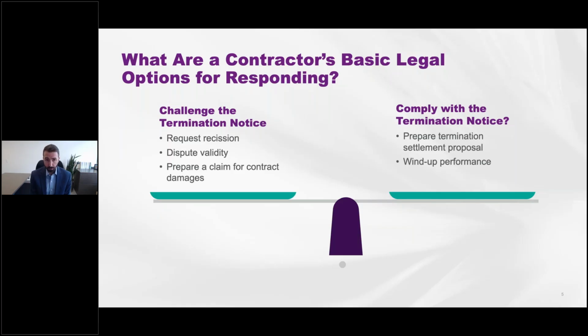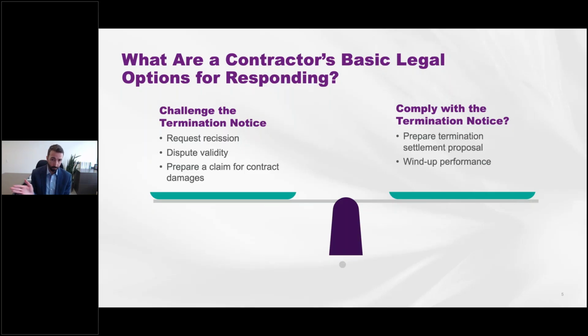Disputes over the validity of termination usually come up in cases where the government's terminated for default and the contractor thinks that's inappropriate. And of course, termination for default comes with the added risk of damages to a contractor or reputational risk. Terminations for convenience usually give the contractor a right to claim some degree of its costs, and we're going to get into that. It's going to be most of what we're talking about here, the costs and in many cases profit a contractor can claim in the event it's terminated.